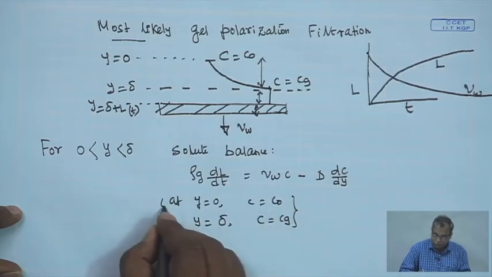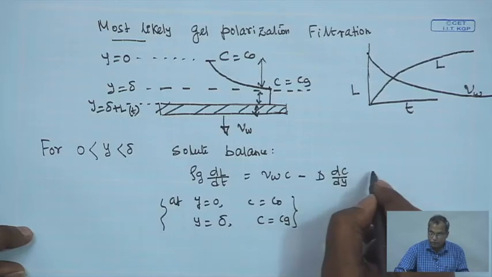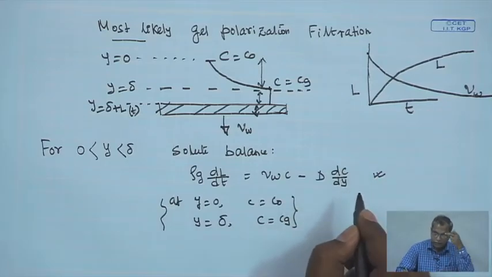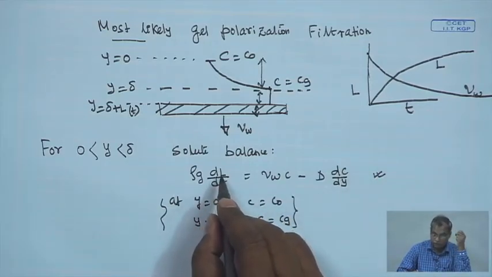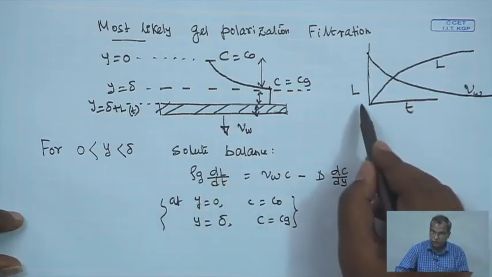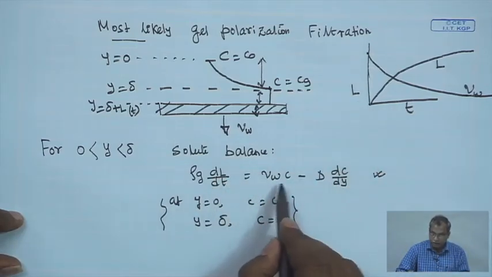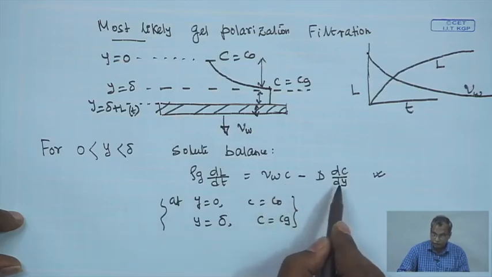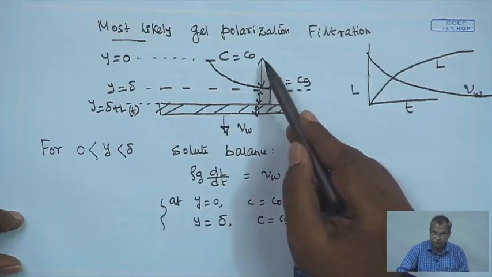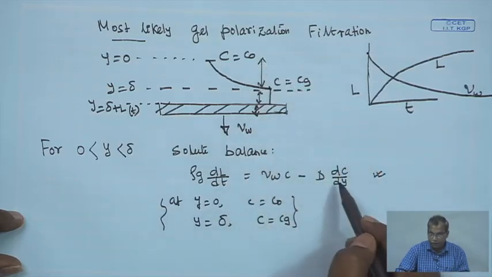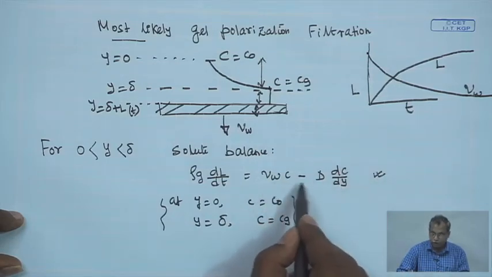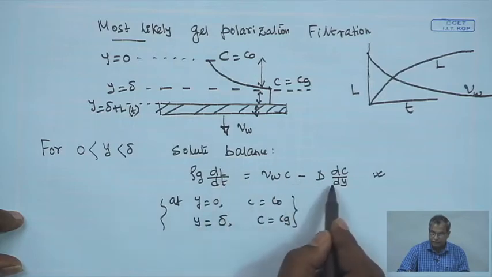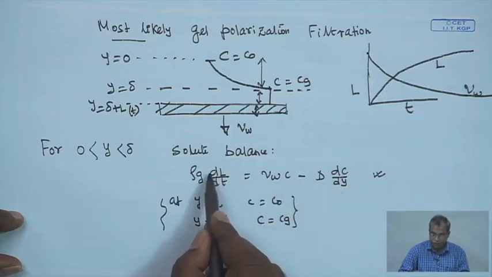So, within these two boundaries we evaluate this, and if you look at this type of equation, here L is a sole function of time, and c is a function of y alone. Because c is the solute concentration occurring in the mass transfer boundary layer, and the mass transfer boundary layer depends entirely on the hydrodynamics of the system, I can do this integration over y, keeping the left hand side constant. So, this can be treated as constant.